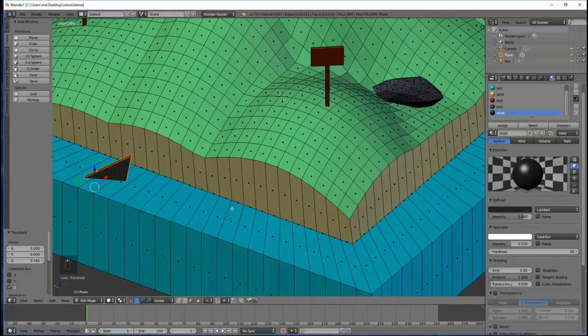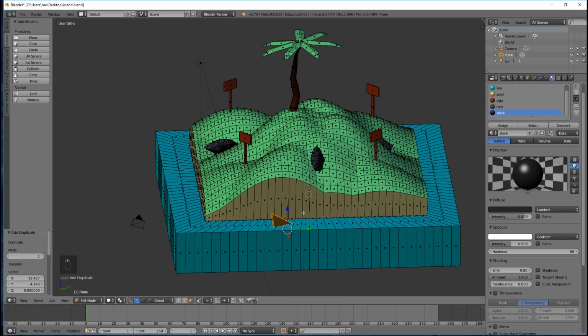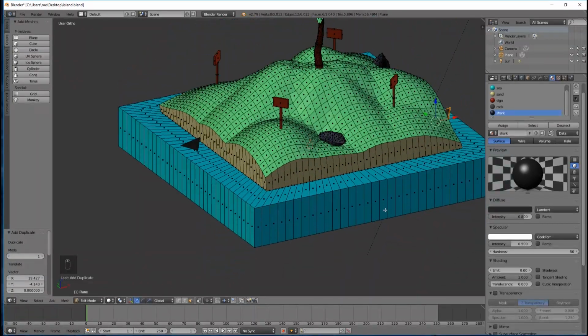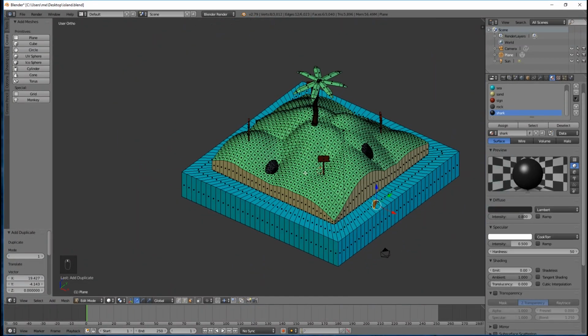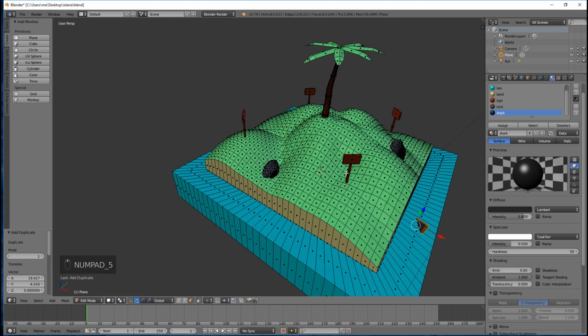So there's one shark. Let's look down on the scene again and do a Shift D to duplicate, and we'll add another one on this side. There we go. I think that looks fine at that angle. We don't need to rotate it. So there we go. We've added a couple of sharks to our scene, and if I take orthographic off, so we're looking at it from perspective,